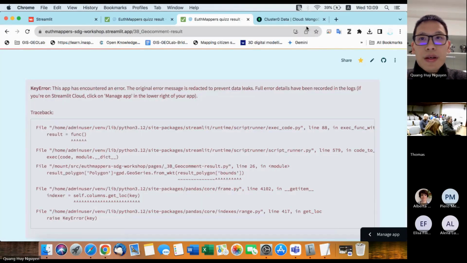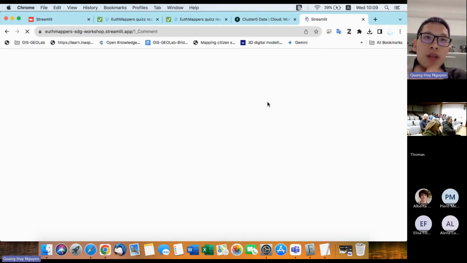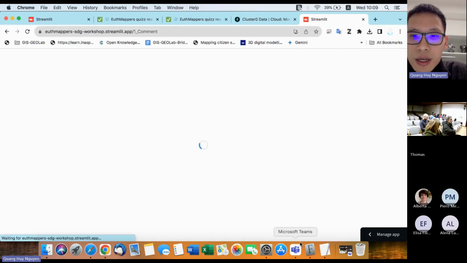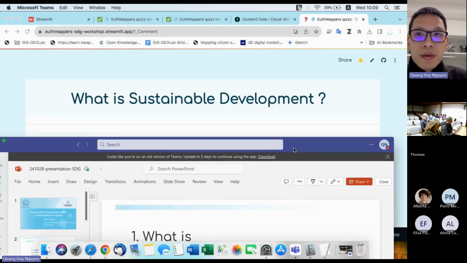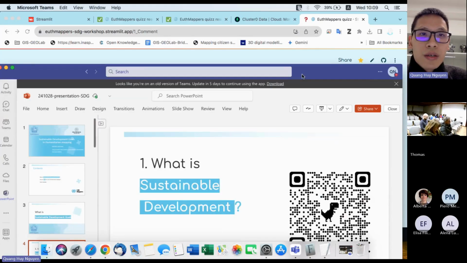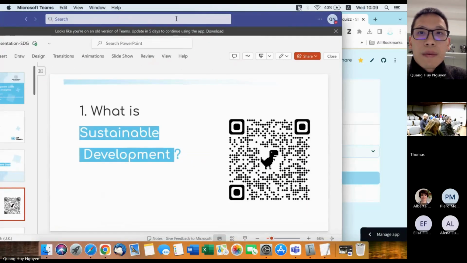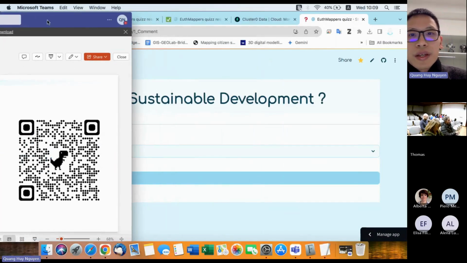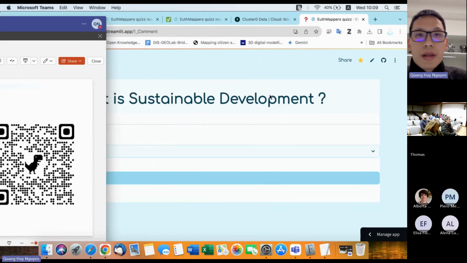When you scan the code, I will also still leave the code on the screen. You can see the screen like this with the question.